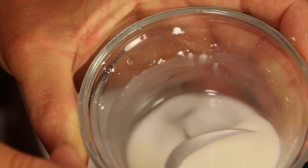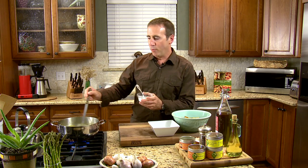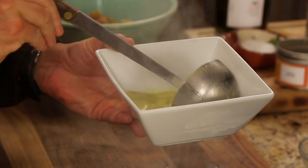And now what we want to do is, in the restaurant business, we'd call this tightening it up. We're going to add a slurry. This is simply cornstarch and cold water. This is a slurry, and this is just off the boil. So now we're going to swirl this cornstarch right in here. So now we're going to bowl it up,